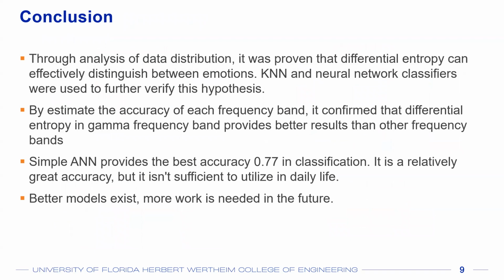So for the conclusion of this project, through the analysis of data distribution, it was proven that differential entropy can effectively distinguish between emotions. And the k-nearest neighbor and neural network classifiers were used to further verify this hypothesis. By estimating the accuracy of each frequency band, it confirmed that differential entropy in the gamma frequency band provides better results than other frequency bands. Our simple ANN provides the best accuracy